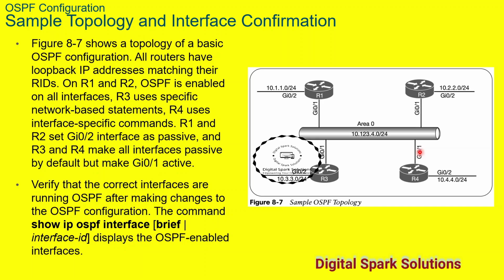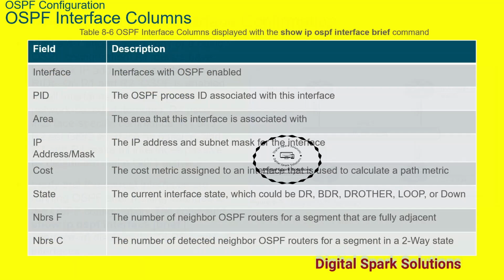We verify that the correct interfaces are running OSPF after making changes to the OSPF configuration. The command show ip ospf interface brief displays the OSPF enabled interfaces. Okay, this is the show ip ospf interface brief command. It will show you the interfaces with OSPF enabled